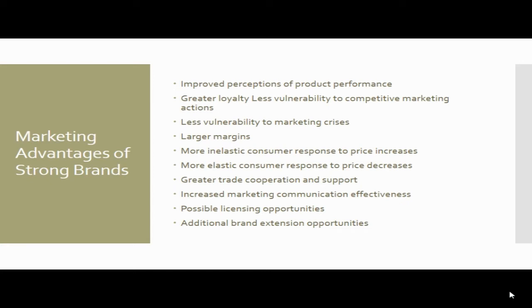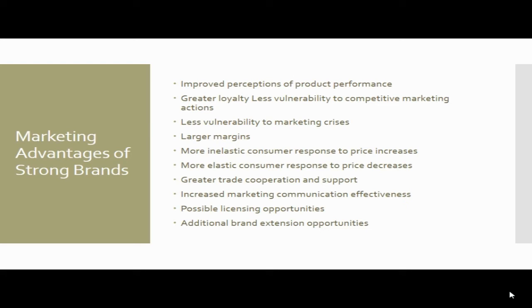Thus, customers might be more accepting of a new brand extension for a brand with positive customer-based brand equity, less sensitive to price increases and withdrawal of advertising support, or more willing to seek the brand in a new distribution channel. On the other hand, a brand has negative customer-based brand equity if consumers react less favorably to marketing activities for the brand compared with an unnamed or fictitiously named version of the product.